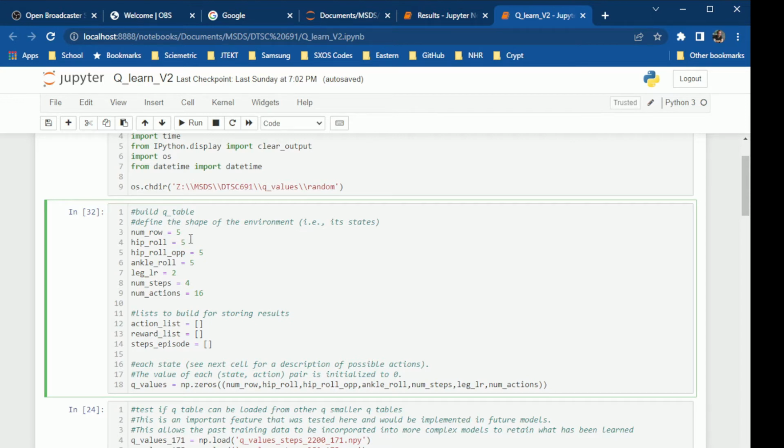And then one thing that the second iteration of this program did was it implemented the ability for the robot to lean left and right. It does that by actuating the servos for the hips that would bend at the waist to the left and right, and also for the ankles to lean left and right. So hip roll equals 5 means there are 5 different angles that the robot could take, and then hip roll opposite means